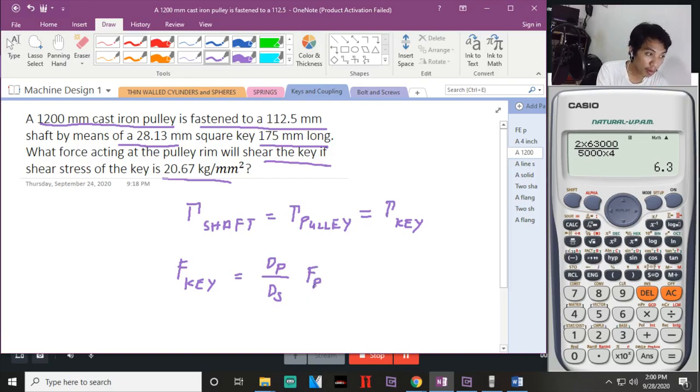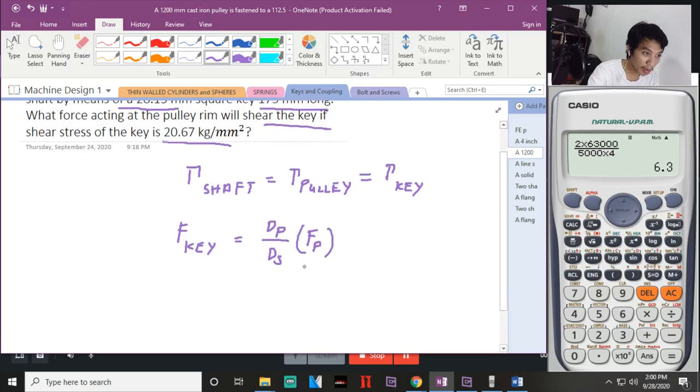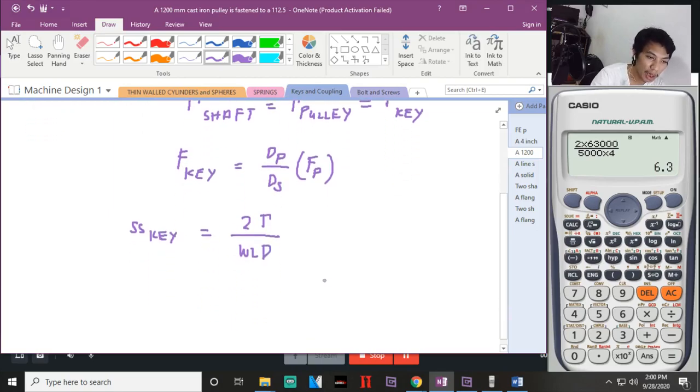Binigay ba yung force on the pulley? No, hindi siya binigay. Pero nagbigay siya dyan the shear stress of the key. Shear stress will be equal to twice ng torque over WL. Pero ito kasi is force. Okay? So, this will be force nung key times dP over dS divided by force over area. The area is